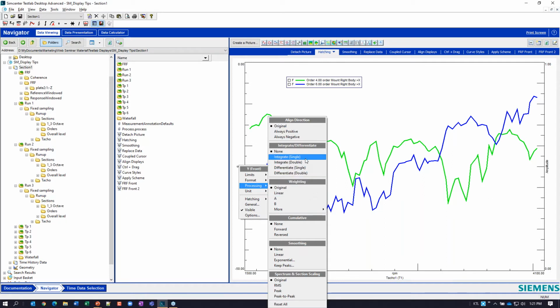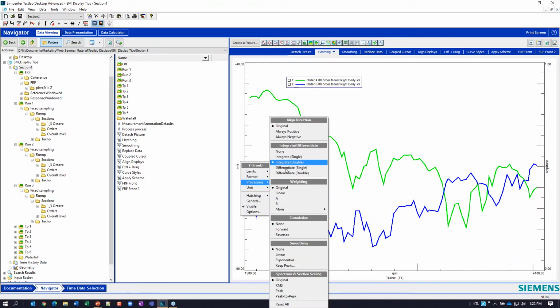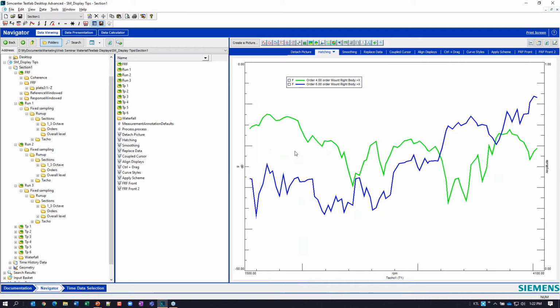I can also do some interesting things because I'm in the frequency domain. I can very easily double integrate this acceleration and get it in displacement versus RPM. Okay, so I can take an acceleration measurement using an accelerometer and double integrate that. I'll go from acceleration to velocity. That's one integration, and the second integration will get me back to displacement. And I can do the same thing: if I started with displacement, I can differentiate to velocity as well as acceleration. If I say none, it'll go back to how it was measured, which is G's of acceleration.